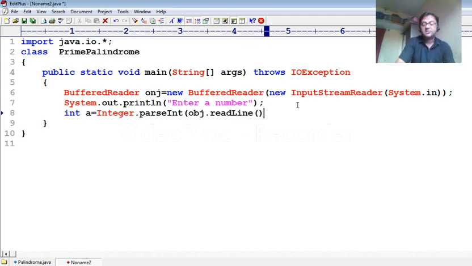You know, BufferedReader has the function readLine, so obj is the object of BufferedReader and readLine is the function available with obj.